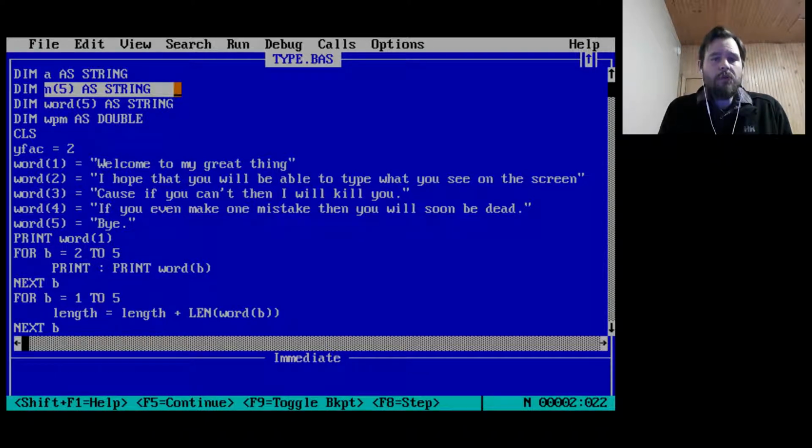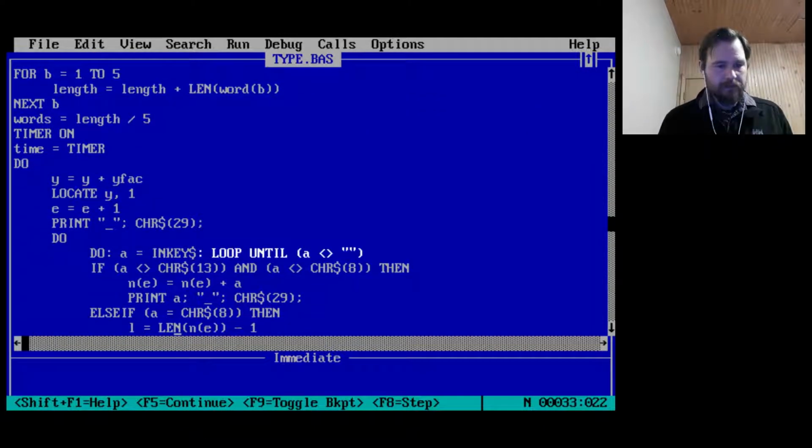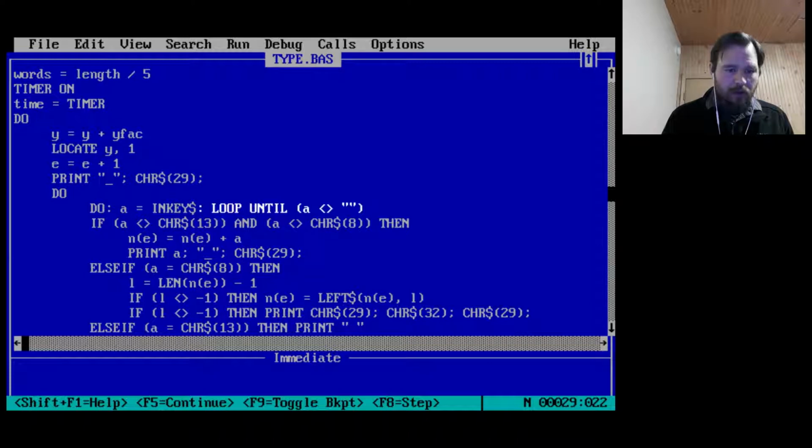So this array is going to hold what we're typing in. I should not have named it N. That's a horrible name. Anyway, whatever you typed, as long as it's not the enter button or backspace, add what you've typed to the current line of what you're typing, then print what you typed,